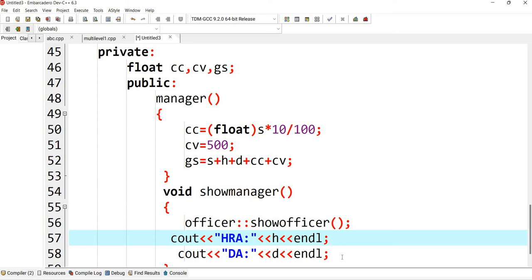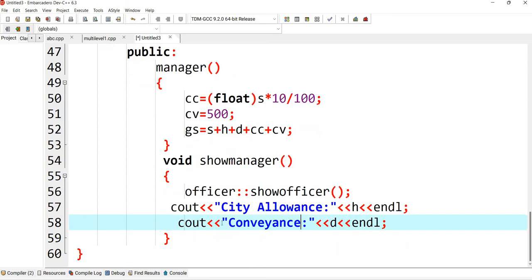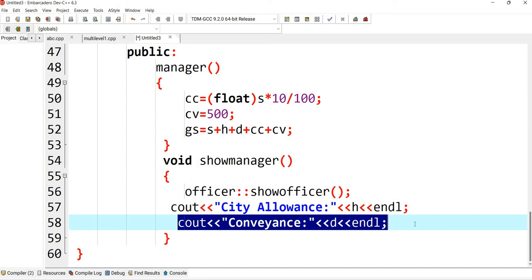And now I'll be displaying this city allowances, for example. City allowances, then conveyance, you can say, conveyance and gross salary.